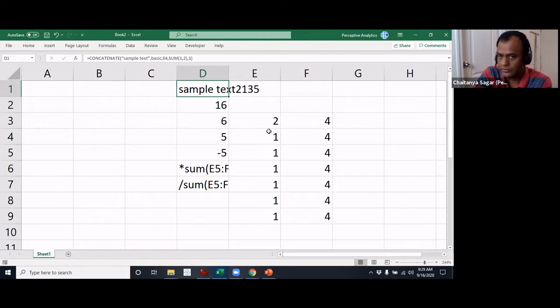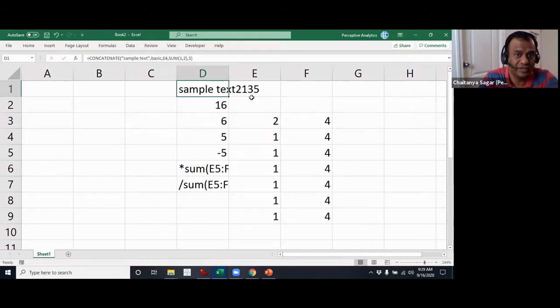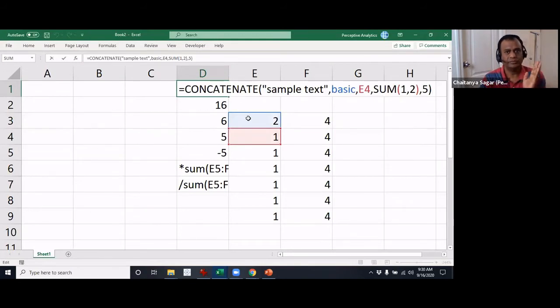Just some additional tidbits. I think I had mentioned this before, but I will mention it one more time. You can hit F2 when you are on the cell in order to open up the formula.